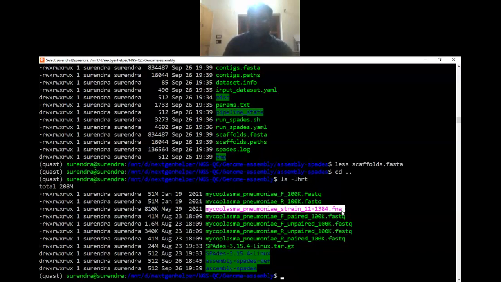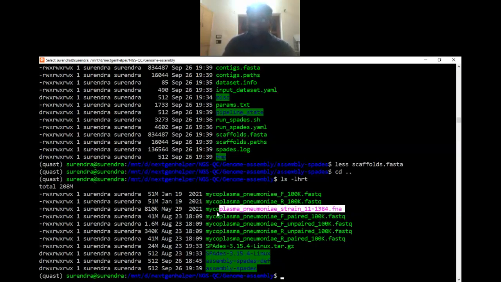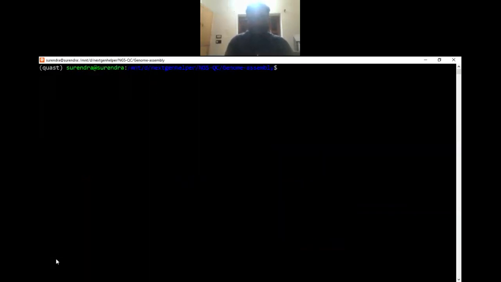However, if you are doing some kind of resequencing analysis and checking for the mutations or genomic rearrangement in the same strain, then this is a lot helpful for you. Okay, but however, I want to show you that we can use the reference genome here. So let's check the Quast here. I have installed it inside the Anaconda using the command conda install